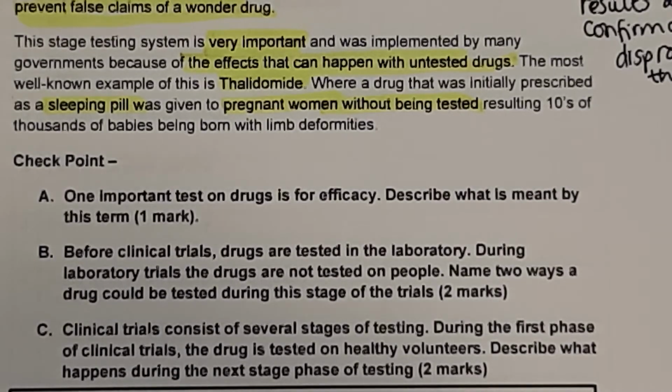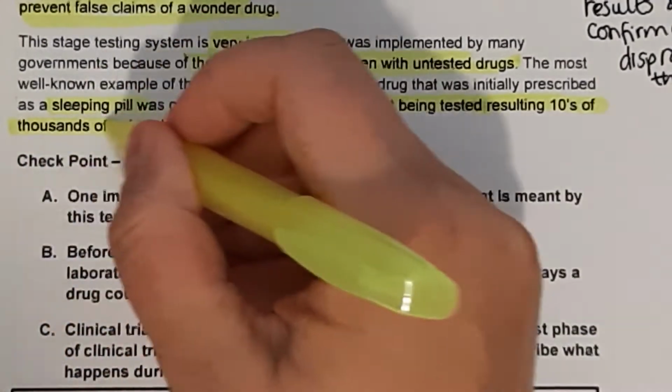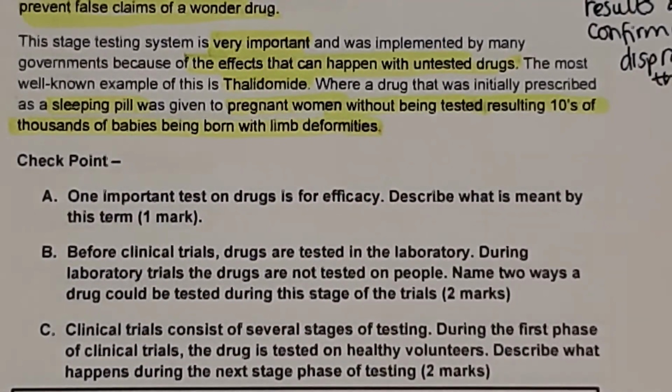And actually, tens of thousands of babies were born with limb deformities. So they were born usually missing limbs or parts of limbs, so arms and legs. Some babies were born with none. Often they were born with really tiny limbs. Essentially, whilst they're in the womb, this thalidomide drug had prevented the arms and legs from developing properly. And so it would be a full-size baby or a full-size child with really tiny, barely formed arm and leg deformities. And it was really sad because tens of thousands of women's babies were born with